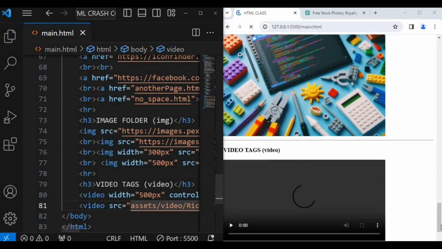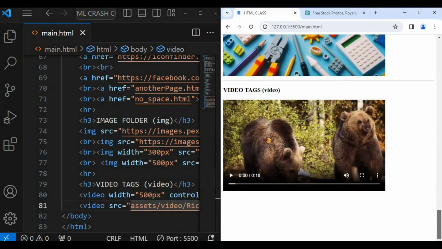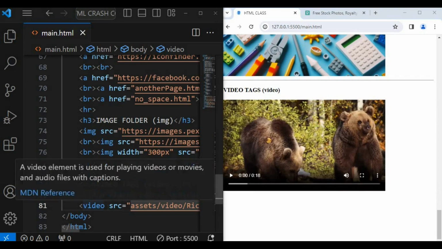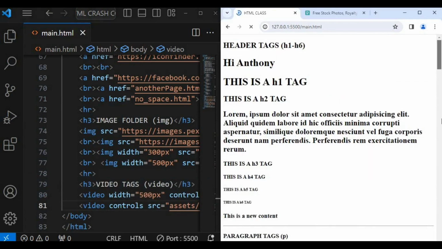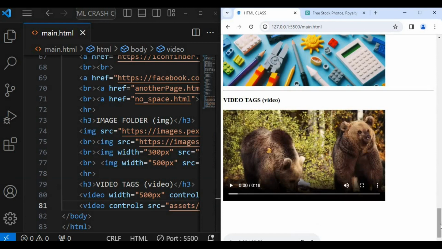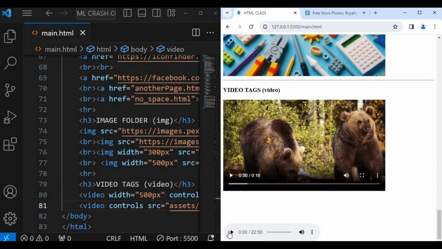If I save it, as we know, we will not really see anything. We now have to add the controls. So when we add controls, that is where we now know that this is the video that is here. Then after adding controls, if I play it,